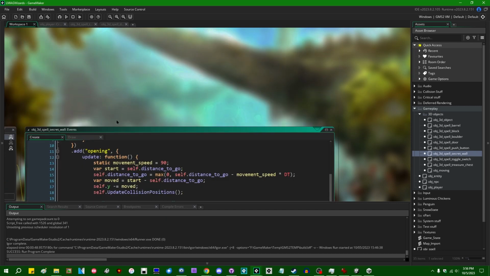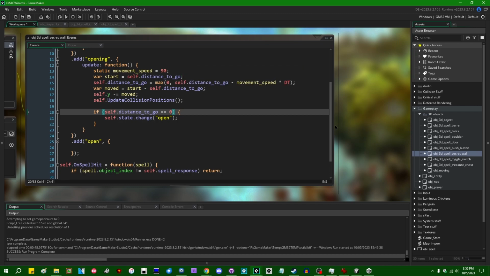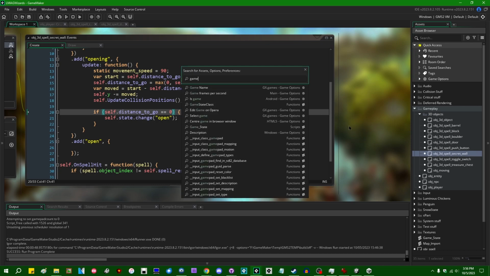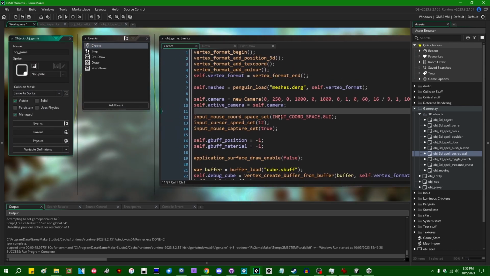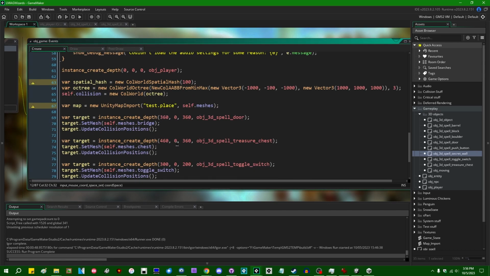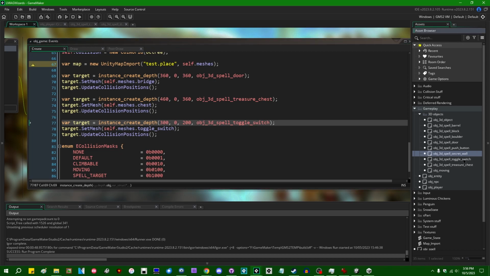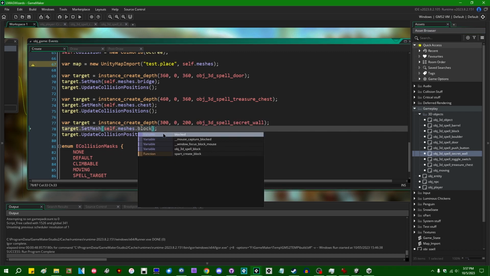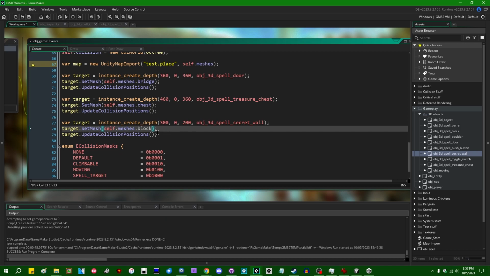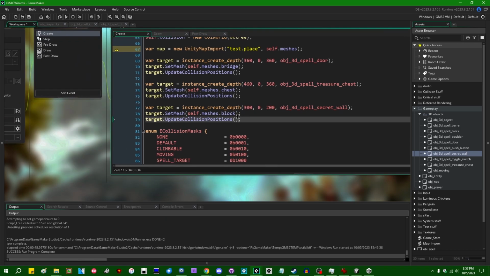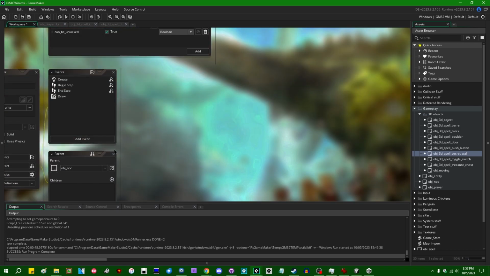So, can I toss down some obj game? I really should bookmark that object so that I can get to it quickly. But I can toss down, instead of this toggle switch, let's say this secret wall. The mesh that we can assign to it can be just a regular block. And I suppose for the time being,